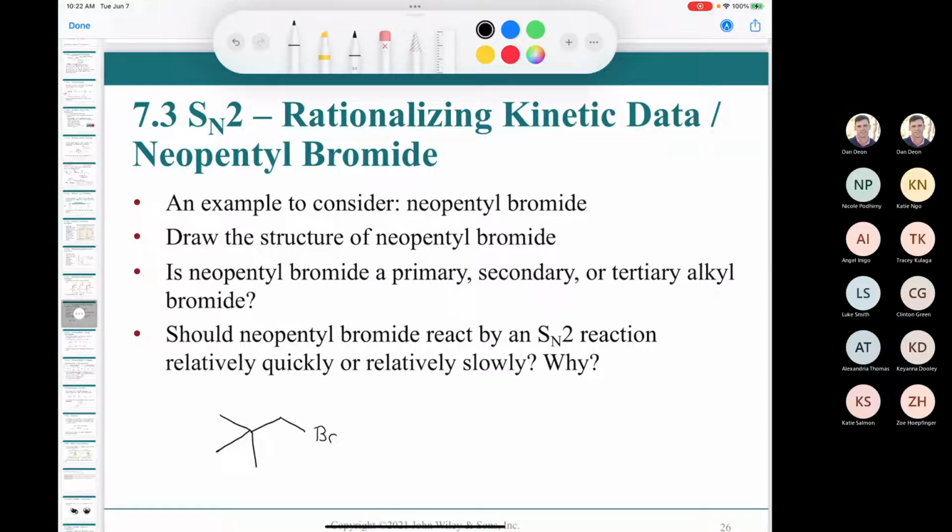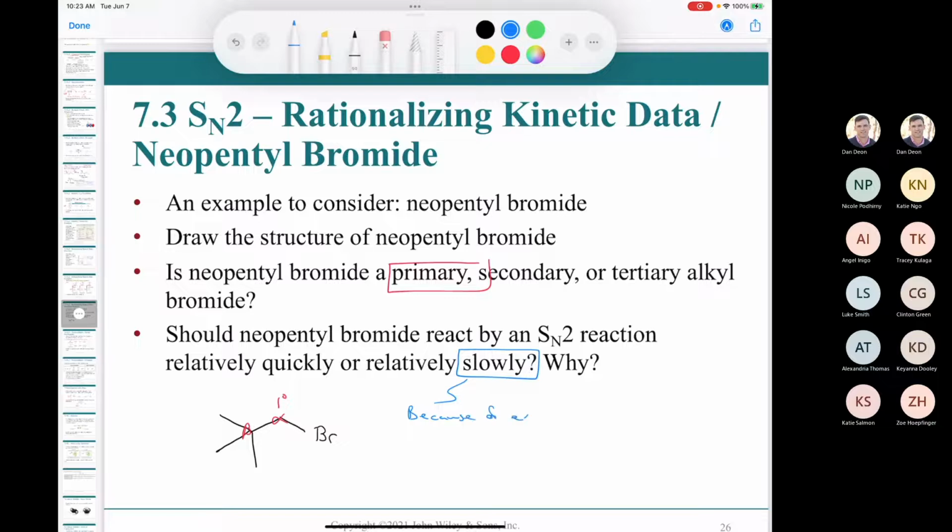Is neopentyl bromide primary, secondary, or tertiary? Well, what they're getting at is that it is a primary carbon. Why? Because the alpha carbon is only attached to one carbon. That's my alpha carbon. This is my beta carbon. So it is a primary alkyl halide. Should neopentyl bromide react by an SN2 mechanism relatively quickly or slowly? And the answer is it's going to react very slowly. Why? Because